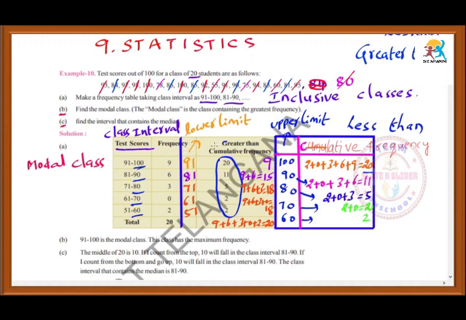While writing the greater than cumulative frequency, just take a logic. First we should take the highest class interval. Suppose the highest class interval is, in this question itself, 91 to 100. In this, the highest upper limit is 100. Is it possible to find the number of students who got more than 100? No, it is not possible. That's why you have to take 91. Then what is 91? That is the lower limit. So while writing the greater than cumulative frequency, you have to take the lower limit.